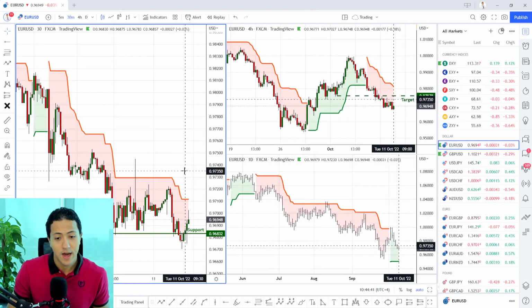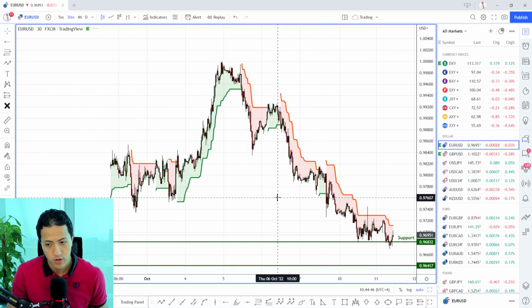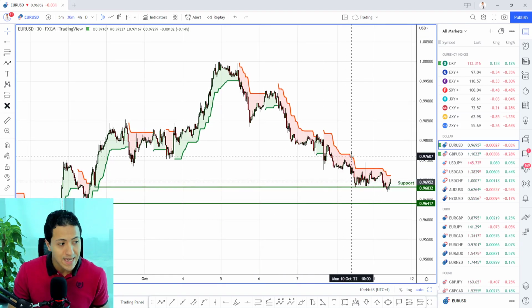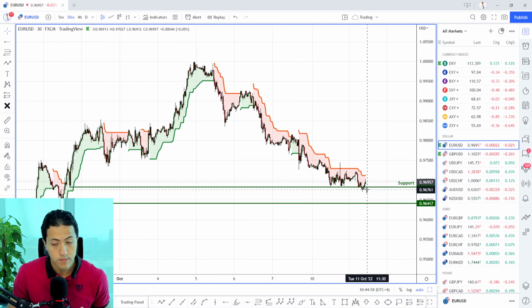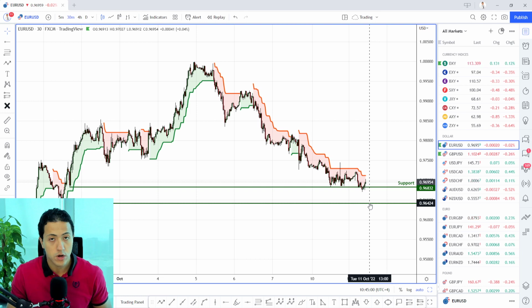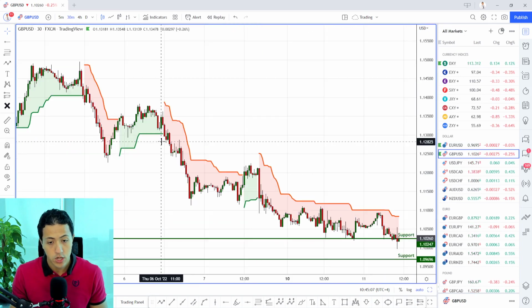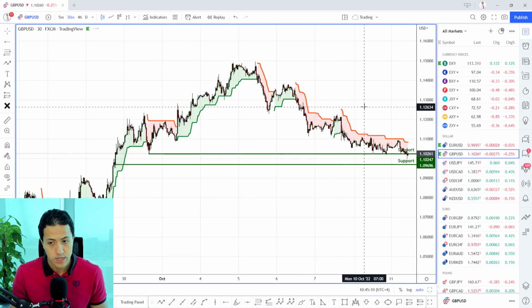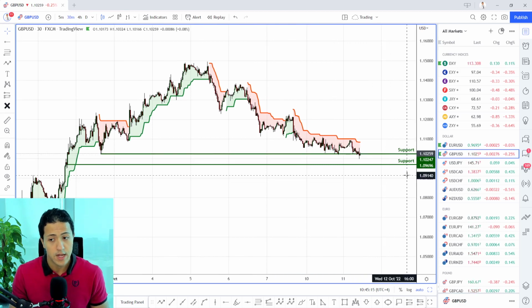We do have another look at the euro versus the US dollar, and we expect the same, however, on the opposite side. The key levels of support that we will be looking for are 0.9683 and, at maximum, 0.9640. From those current levels, we will be waiting for some bullish price action to enter our longs on the euro versus the US dollar. The same goes for the pound versus the US dollar. The levels of support are 1.1024 as well as